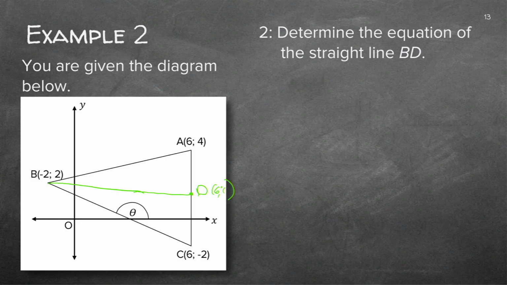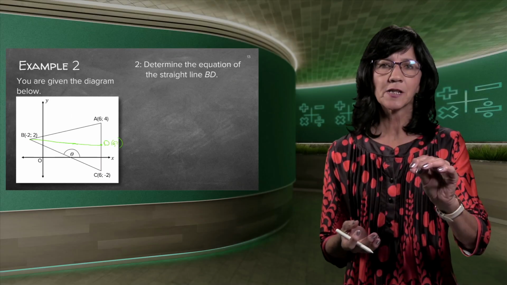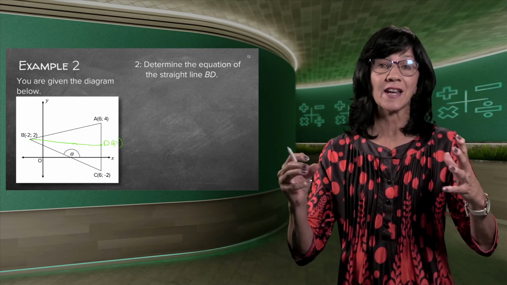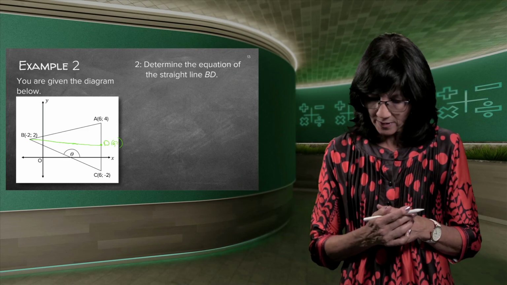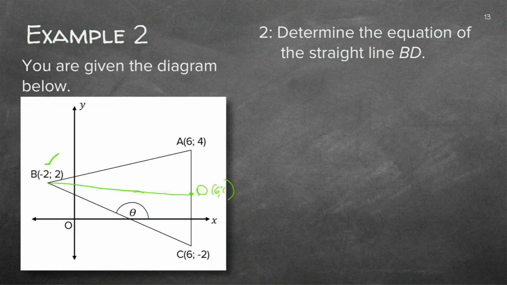Now remember, I have two different formulae that I can use, either mx plus c or the other longer one, which is actually the shorter method. Let's see what we have. We have one point and another point. I don't have the c, I don't have the m, I don't have anything that I can just straight away fill in. So I have to go back to my old methods.